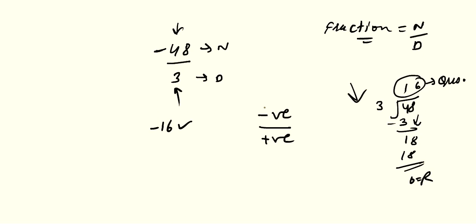Like this you can solve, or you can reduce this fraction directly, which I already taught you in class 6, already explained to you. How? Just see. Minus 48 by 3. So 3 ones are 3, and this one is 3 ones are 3. But here we are having 4, so 1 remaining. So this 8 will become 18, and as you know well, 3 sixes are 18. So this negative sign we are having here, so write minus 16, required answer.